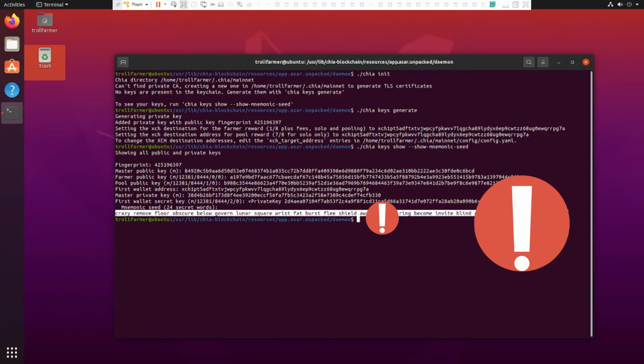Now that we have created it, sometimes we may only use this computer for a wallet, and we won't want it to be open all the time, and we don't want someone to just open up the Chia app since it's downloaded and then grab your keys from there. So the next thing is we are going to set a passphrase. The way we do this here is we're going to do